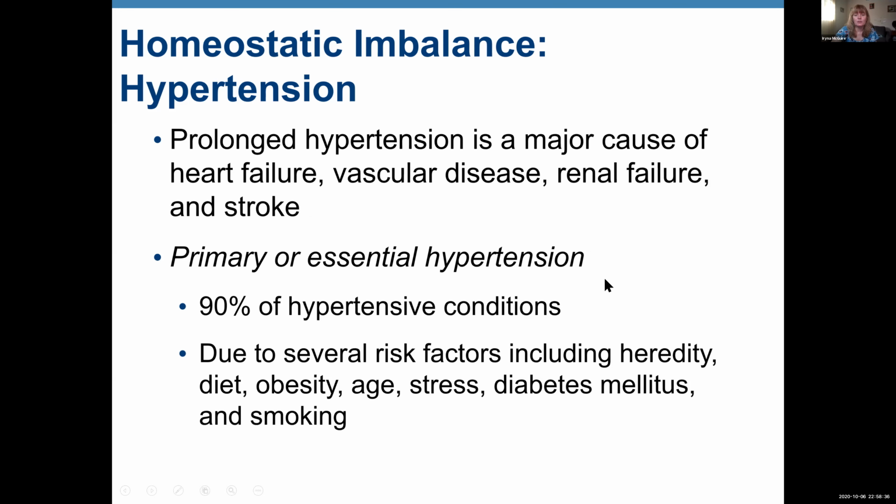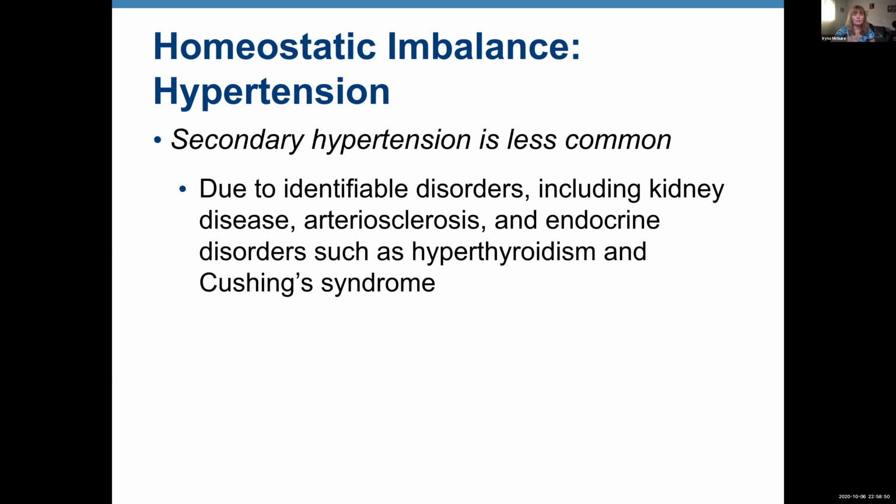So primary hypertension, or essential, is about 90% of the condition. And this is where a patient comes and you address this problem. So you have a patient and you start addressing hypertension. But secondary hypertension, when you have a person with high blood pressure, but you start taking care of the